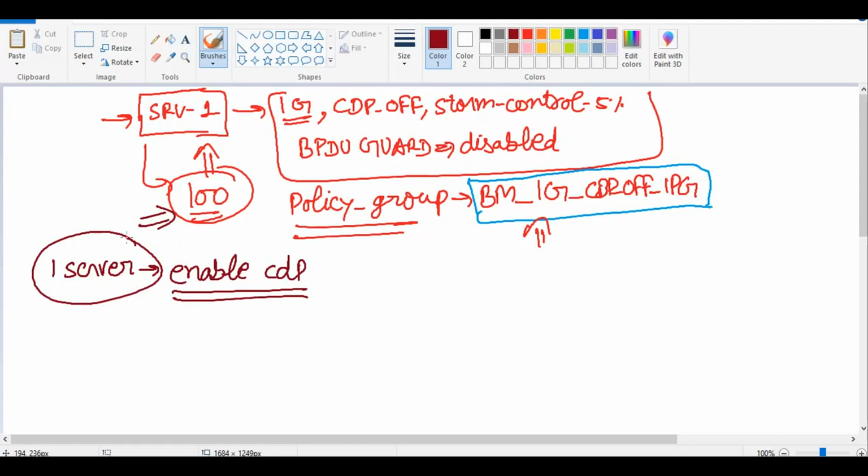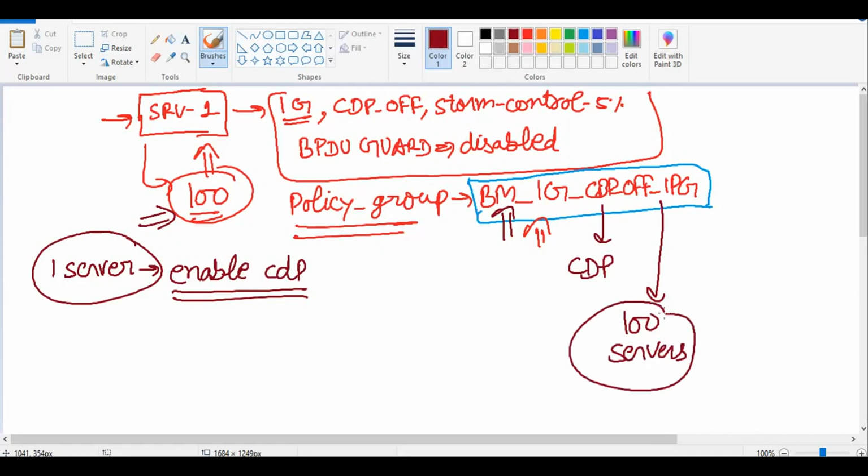Now, as we know that in ACI, if you need to change these parameters, you need to modify them in the policy group. So now the problem is that if I enable CDP in this policy group, which is called by 100 servers, then the CDP enable policy will be implemented on all those 100 servers, not only this single server. So now we have a problem, right?